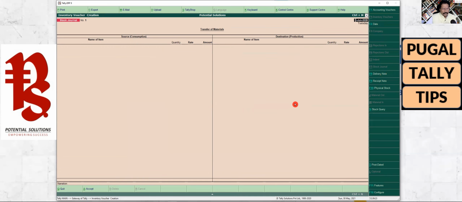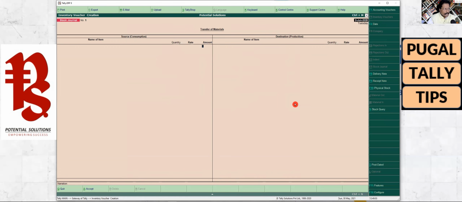Now, let's come back to F11. For us to do the stock journal, we need to have two godowns, one godown where you want to move from another godown. Godown is a master, which we saw in the earlier sessions, that we have to enable. Again in Tally ERP, you have to specifically go to the inventory feature and enable the feature and inform Tally that you are going to maintain more than one godown.